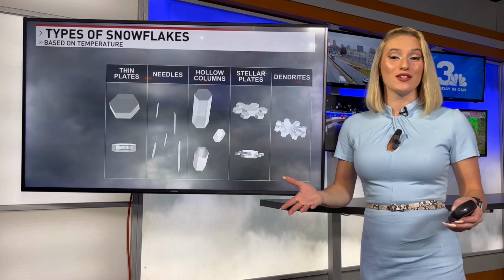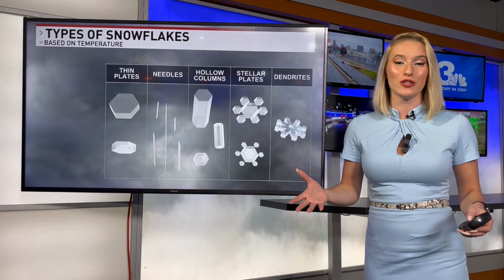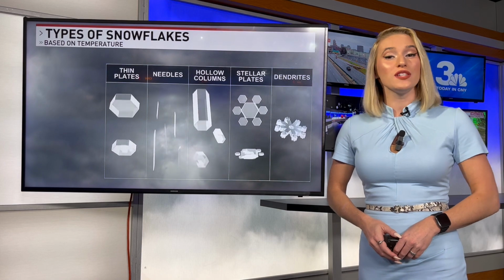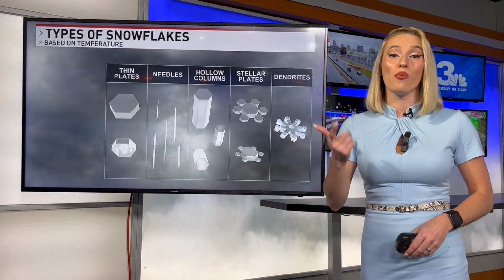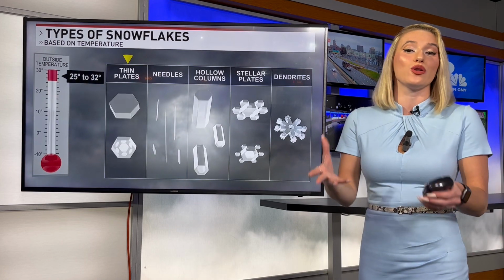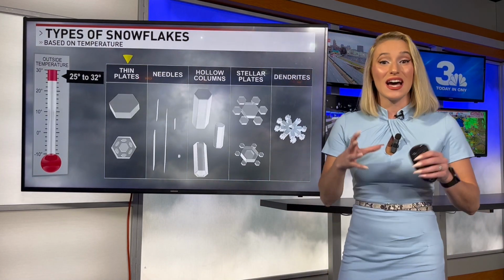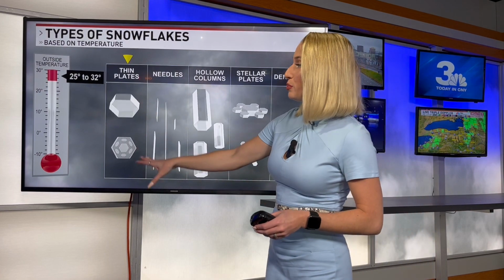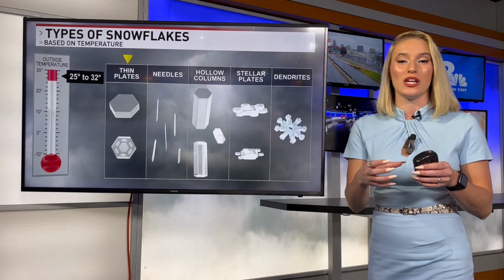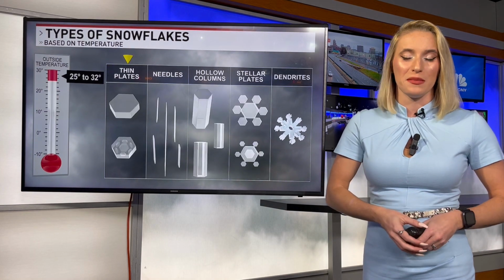Did you know that there are different types of snowflakes? They actually come in multiple different shapes and sizes, all dependent on the temperature and the moisture content of the atmosphere. So let's start with temperatures that are close to freezing, around 25 to 32 degrees. That's when we see the shape of thin plates. It's a hexagonal shape and it's usually fairly small with a low amount of moisture in the atmosphere to form